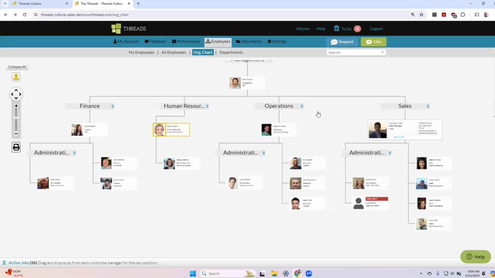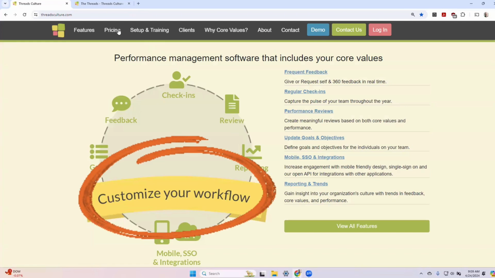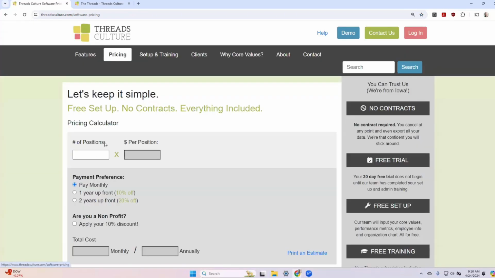And it's also going to create visibility of those issues for the person that's leading the organization in this case, and also for your HR professional. So giving feedback, requesting feedback, providing self-feedback, checking in, reviews. These are the tools that Threads has. And remember, at the end of the day, the most important part is you pick the tools and process that works for you. And once you've done that, by simply clicking on the pricing guide here,